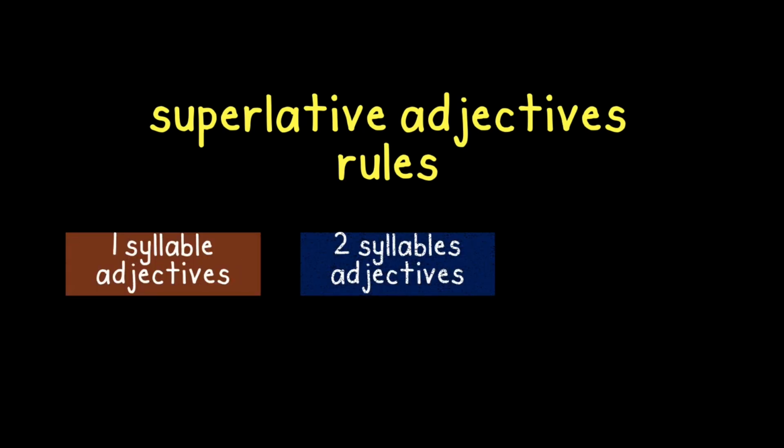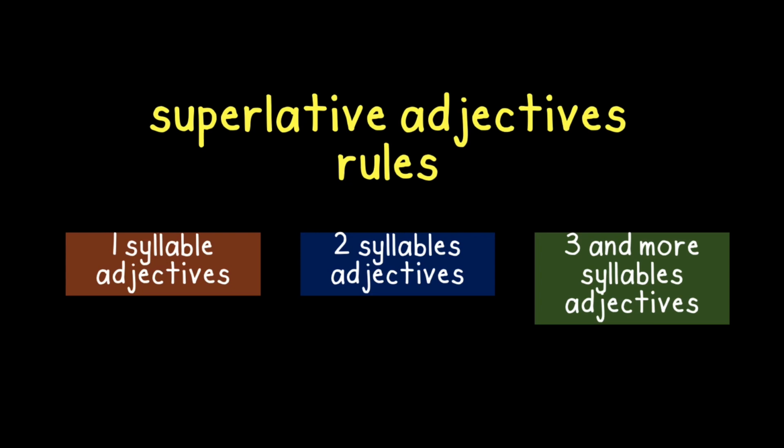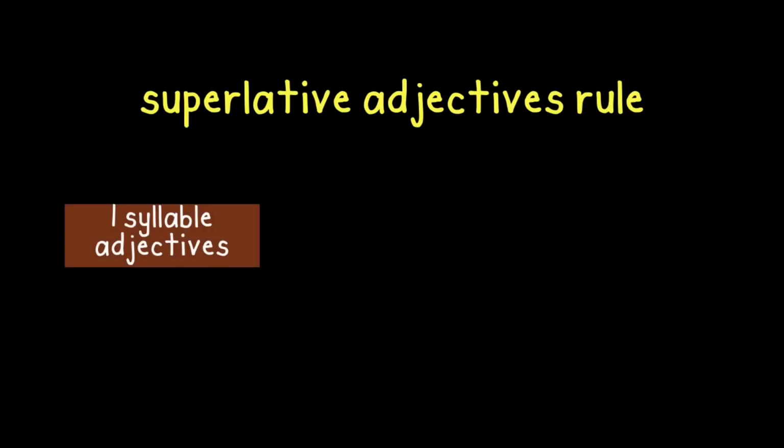There are some rules we need to follow in superlative adjectives, and they are divided into three parts. We have one-syllable adjectives, two-syllable adjectives, and also three and more syllable adjectives. Let's take a look one by one. First, we look into one-syllable adjectives. When we write the superlative adjective for a one-syllable adjective, we add the